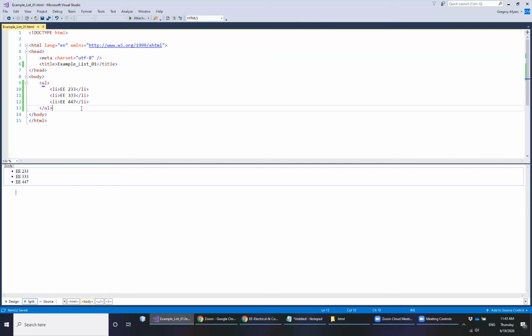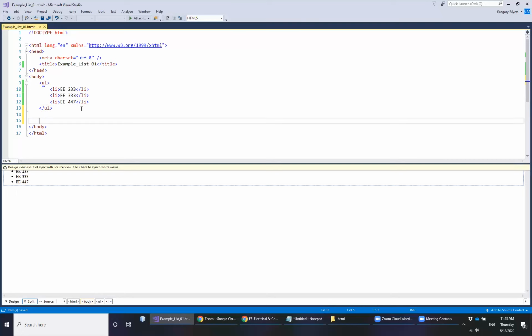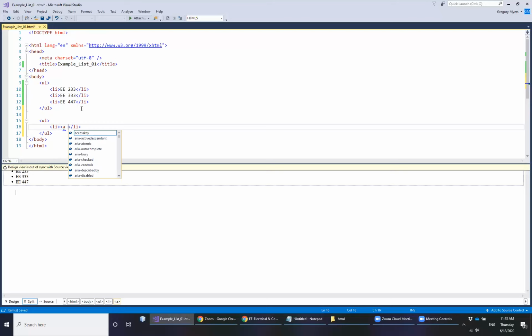Continuing on with this example, I'm going to make a second unordered list, with the difference being this time I want the list items to look a little bit fancier and have a little more purpose. The whole point of this example is that we can nest different elements within our list items. We're going to start by nesting additional tags. We're actually going to change the text example from earlier into